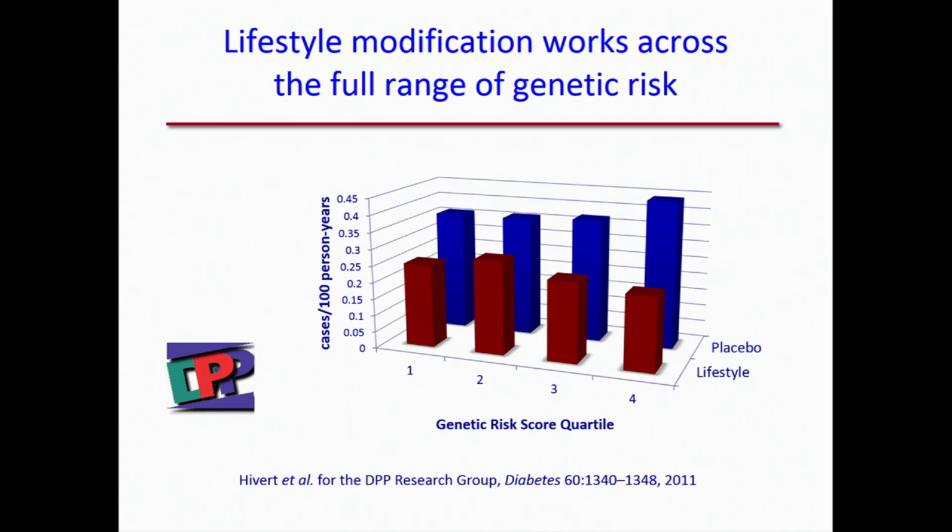So what you see in the very far right is that people randomized to lifestyle had a tremendous response to diet and exercise that completely overcame the bad deck of cards that they had received through inheritance, providing a very positive message for our patients as far as prevention is concerned: that you're not doomed by your genetics or your family history to develop diabetes, but there's something that you can do. It's the other side of the environmental coin.